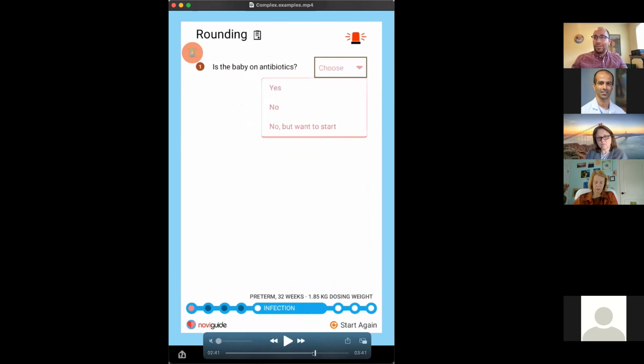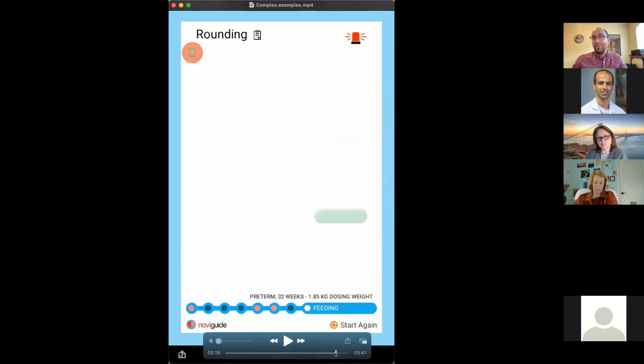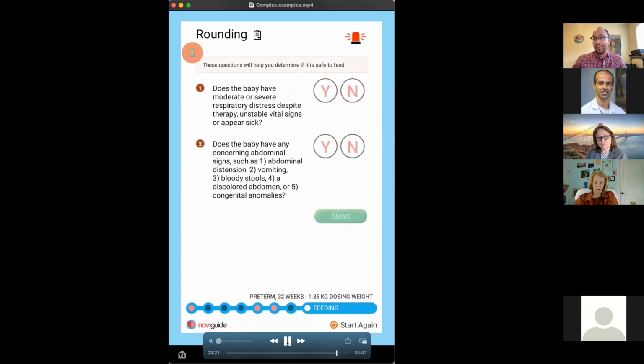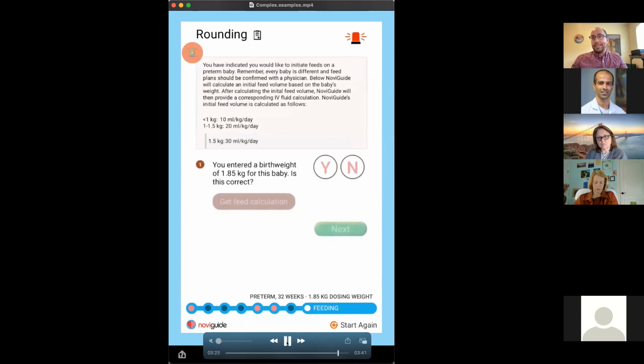I'll just zoom forward to show you that in addition to initial assessments, we also have newborn feeding logic, which was one of the most complicated areas of NoviGuide that we have dealt with. This is me on a separate baby starting feeds, maybe day 2 or 3, the next day on a preterm baby, confirming the birth weight as 1.85 kilos, the gestation of 32 weeks.